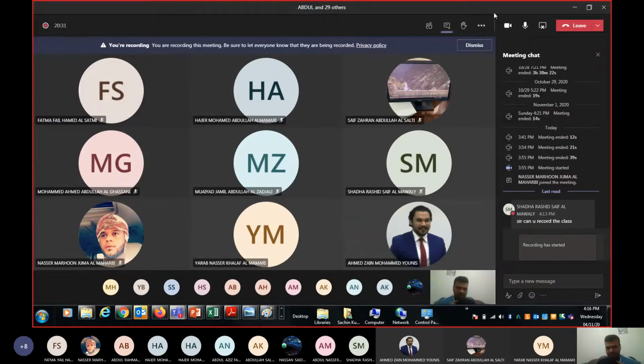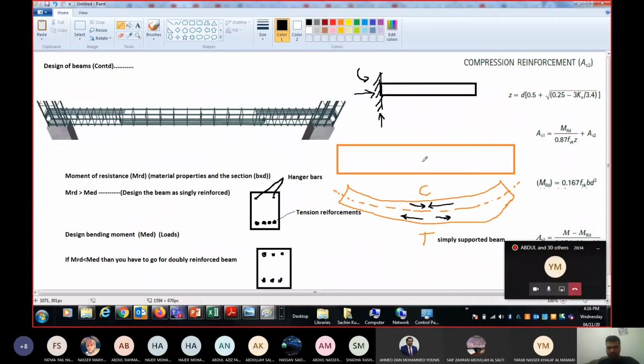But I'll give you another scenario now. If it is a cantilever beam, how will this bend? This will try to bend like this, opposite of the simply supported beam.